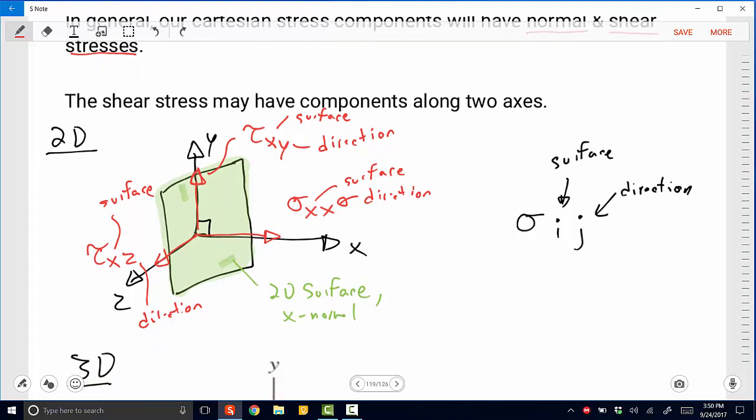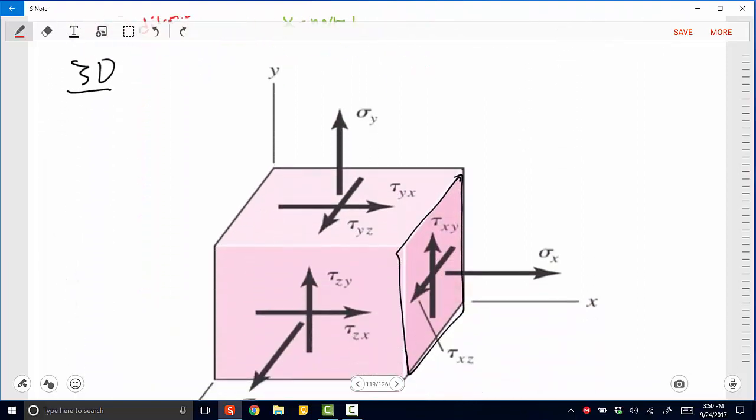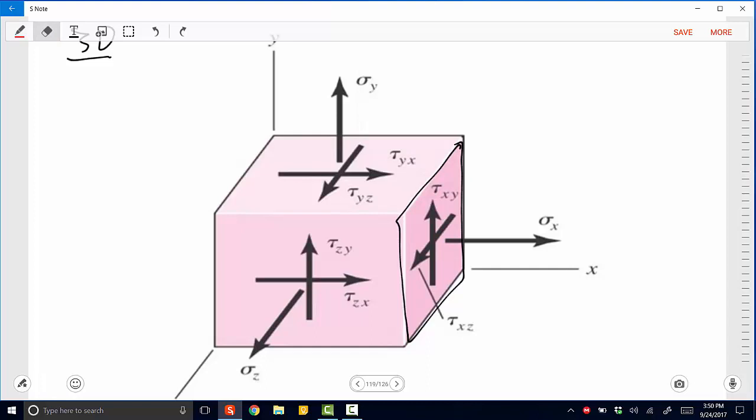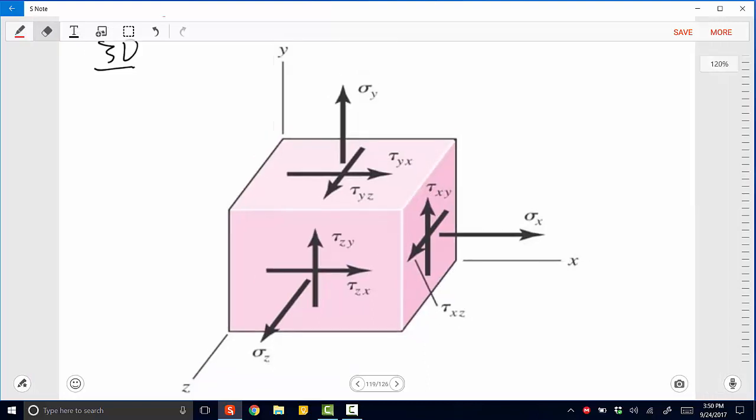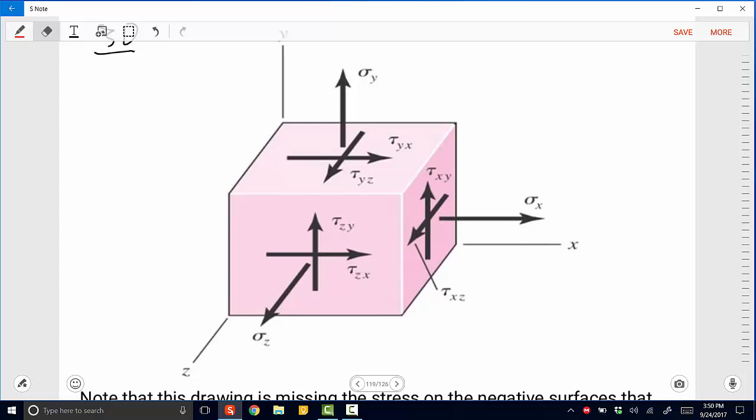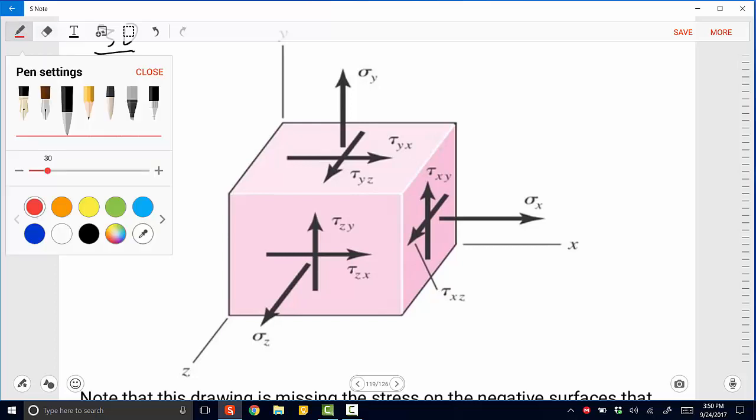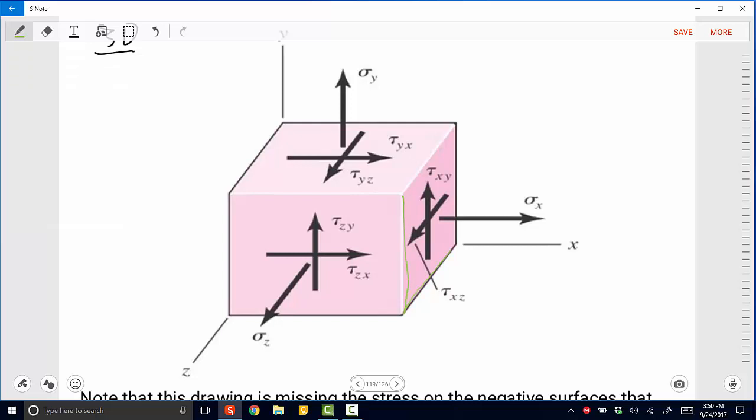So we've done our little example for 2D. Now let's move this into 3D, where we actually build all of our surfaces that create a 3D element. And when we do that, we'll find that we have quite a complicated state of stress in a single element, right? So we take that original surface we had, and we add additional surfaces. So a surface here with a plus y normal, and a surface here with a plus z normal,